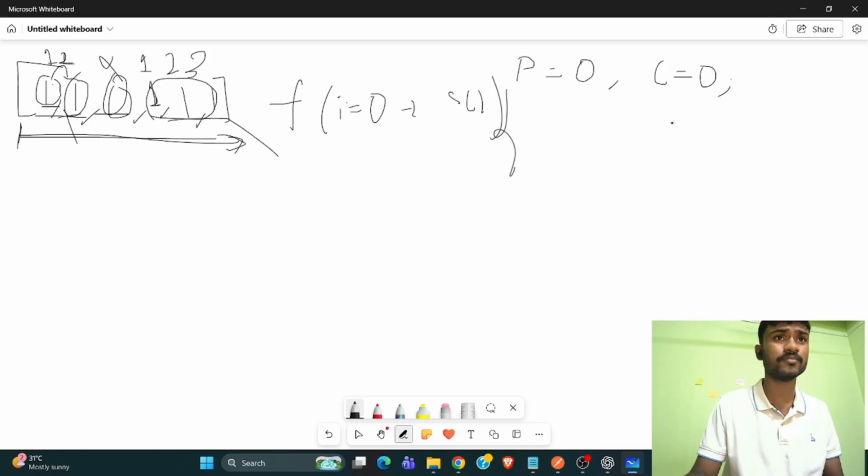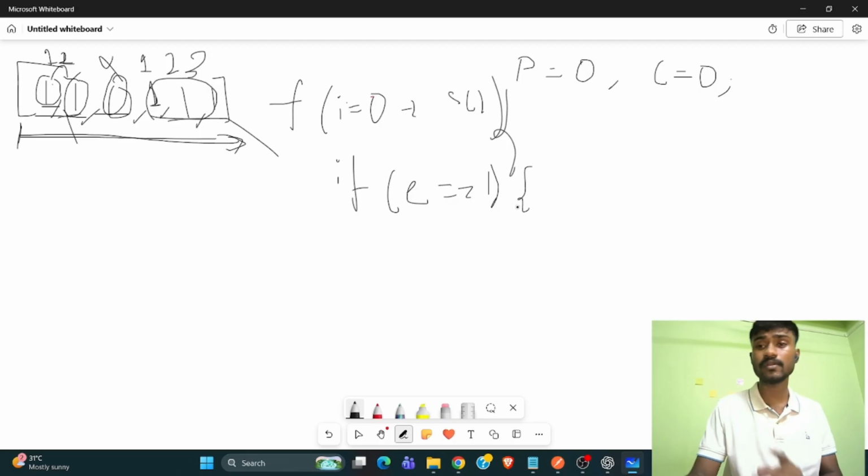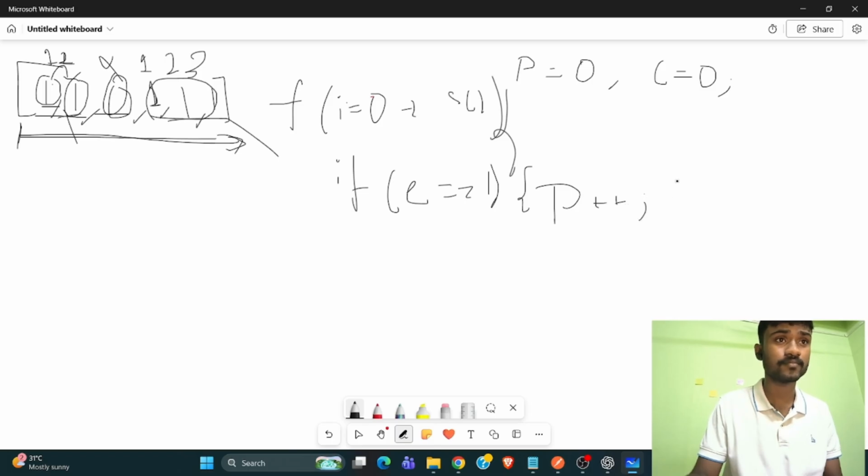Initiating both with 0. Okay, so I'm checking if that element is equal to 1. If equal to 1, then I am increasing the value of previous by 1. In the else part,